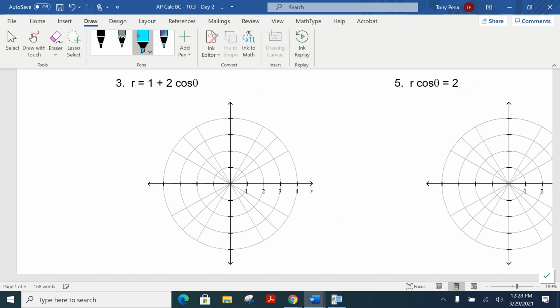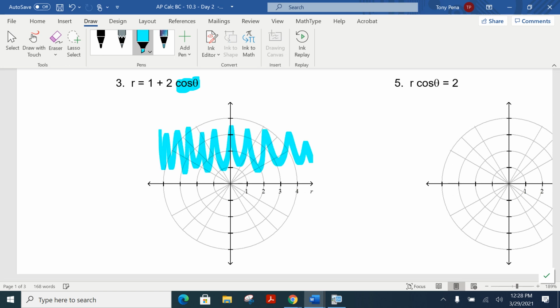So what we want to identify, cosine, symmetric to the x-axis. So because it's symmetric to the x-axis, what we want is everything in the first and second quadrant. So once we have that, then we're just going to flip it around the x-axis, and then that should be our overall shape. So because of that, when we go to set up,